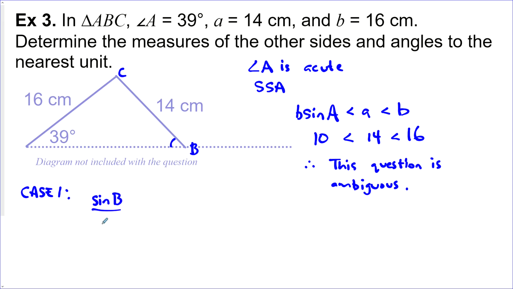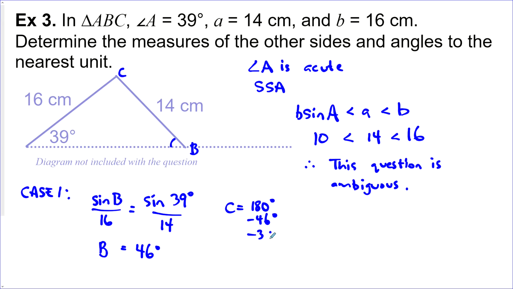Sine B over its opposite side here is equal to sine 39 degrees over its opposite side here. Multiply both sides by 16, and we get that angle B is equal to 46 degrees. And that's acute. That's in quadrant 1. And that's probably the first one your calculator will give you when you do sine inverse of all of this information. Now, we need to find angle C, so that would just be 180 degrees minus 46 minus 39, and that gives us